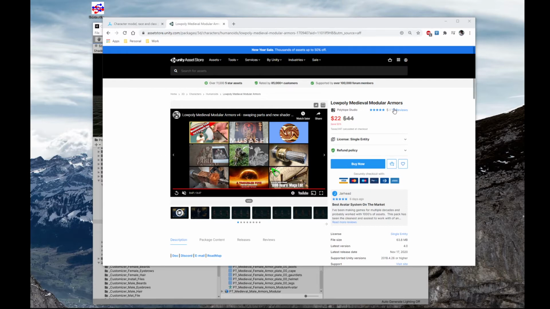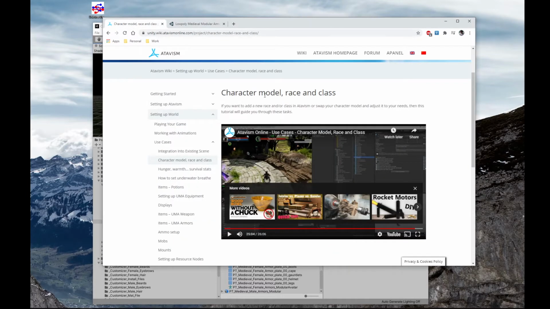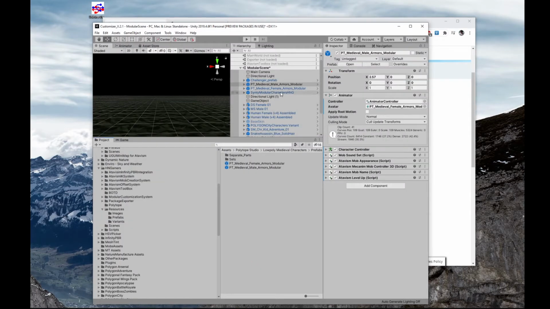Once you have downloaded your modular set, and then followed the character model, race, and class setup for Atavism, at this point you can go ahead and start creating the prefabs that you will use for your characters. If you have not already done so, take those modular sets that you have just created following the Atavism guide and create a prefab